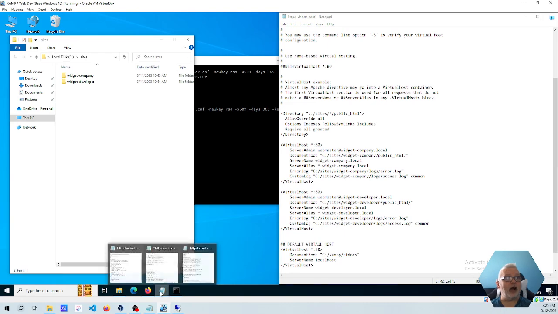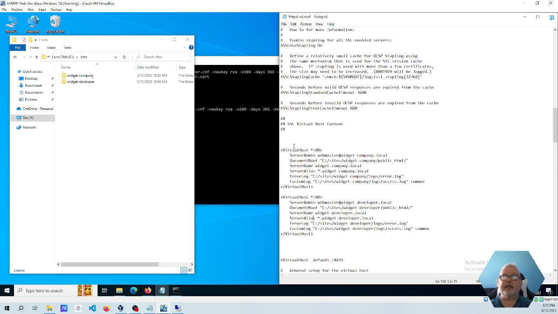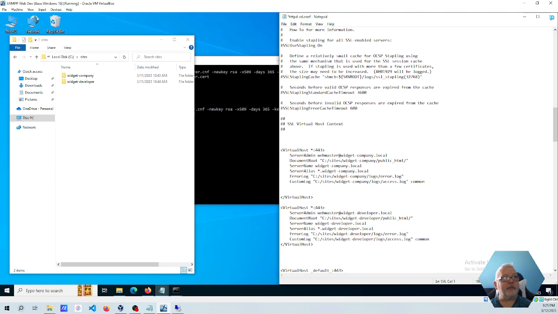So I'm going to go ahead and copy both of these definitions and paste them in. We do need to change the port number on both. 443. And we've got our server name, doc root, server admin, document root, server name, server alias, error log, custom log,